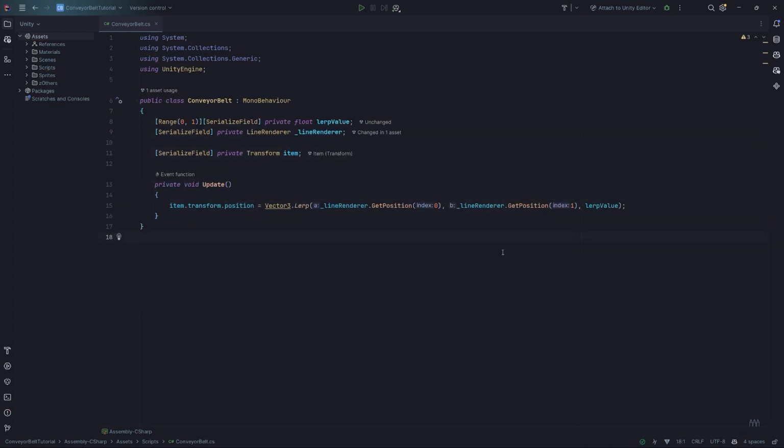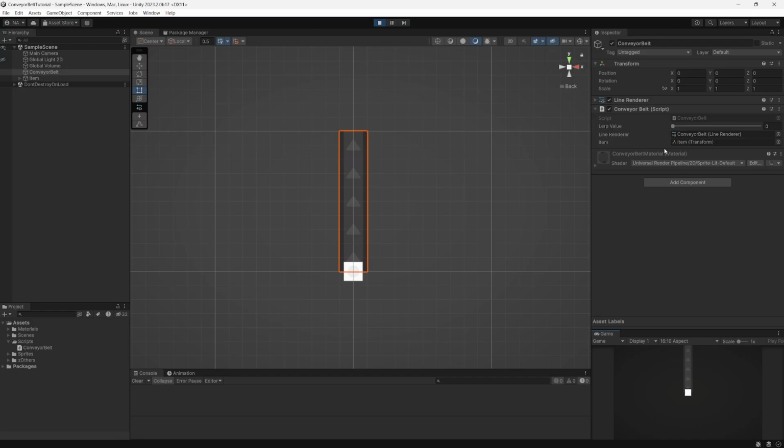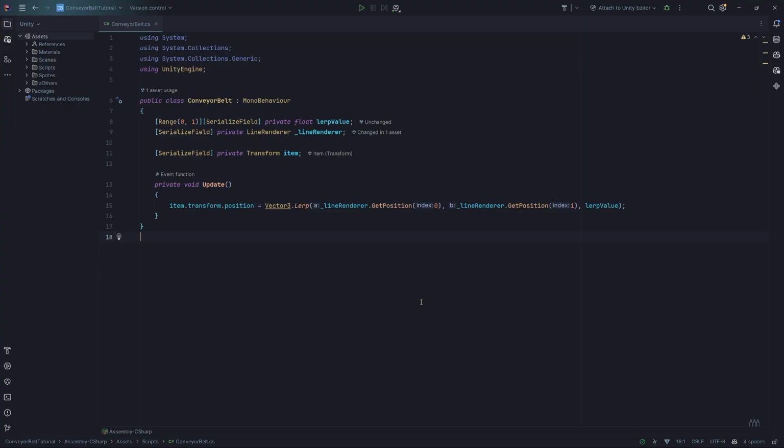And this is pretty much it. The whole concept of the conveyor belt relies on lerping. We're just lerping from one point to another on the line renderer. You can see as I change this value from 0 to 1, it moves along the conveyor belt. However, we don't really want to manually move the items on a conveyor belt, so let's go ahead and make